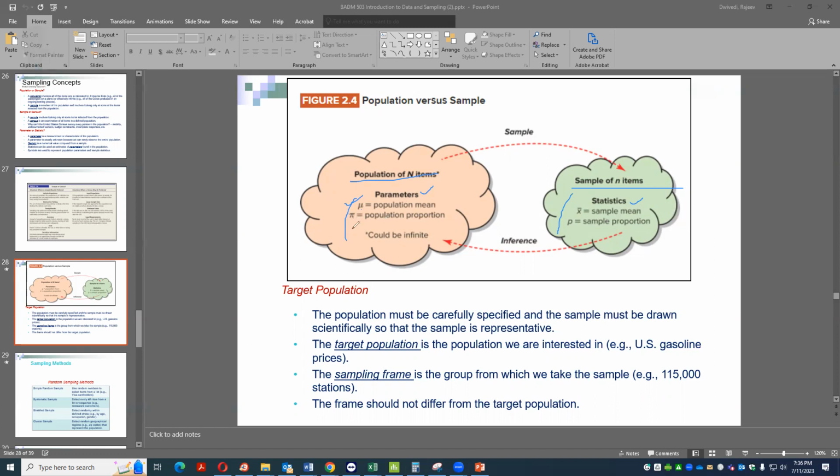Population number is denoted by capital N. Sample size is denoted by small n. X bar is the sample mean and small p is the sample proportion. So you can see the difference between these. Always remember, in some questions you will get mu. That means you automatically understand, okay, this is